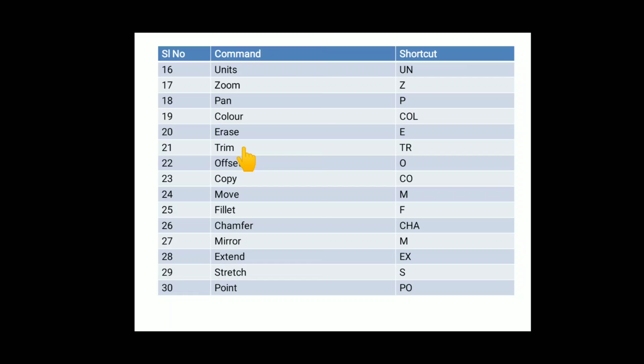It means some portion of the line you want to erase and some portion of the line you want to keep it. Then fillet. Fillet is something where there is a sharp edge which you want to give a curvy edge. Then extend, in the sense whatever line you have drafted, you want to extend it for some more distance. Then stretch, then chamfer, then